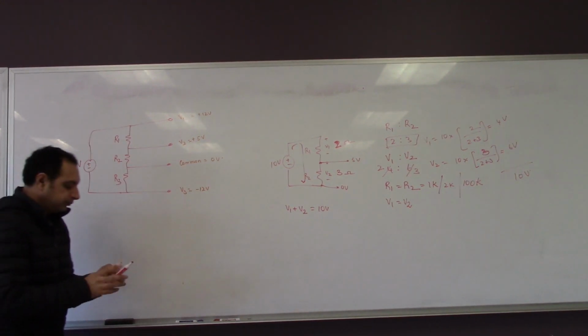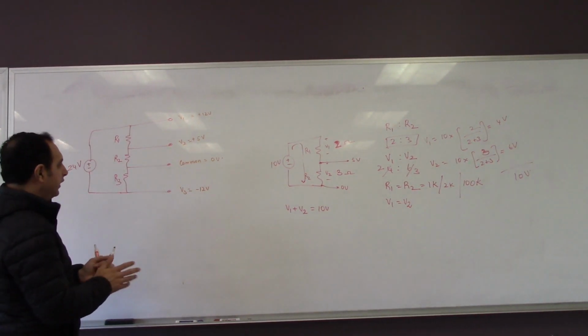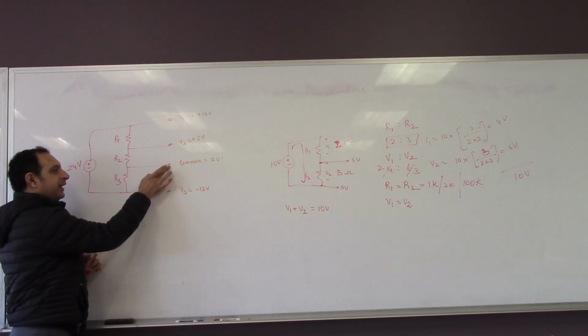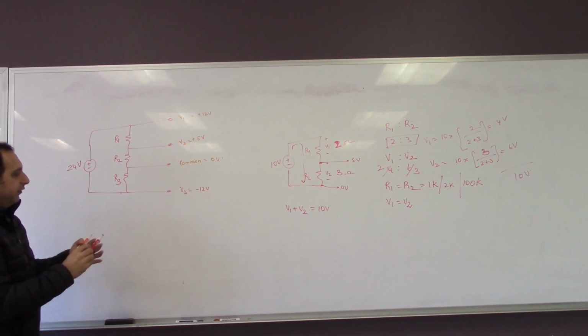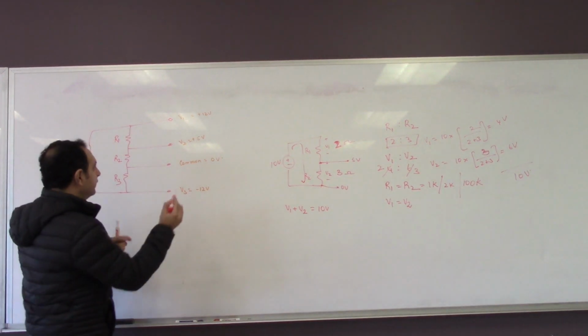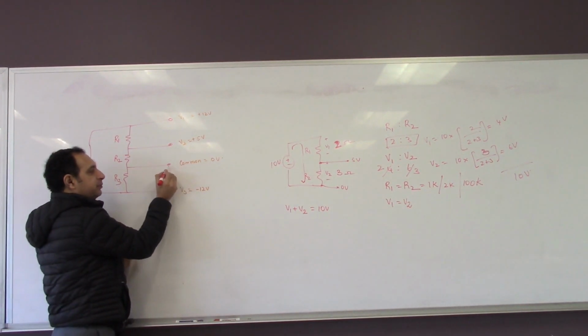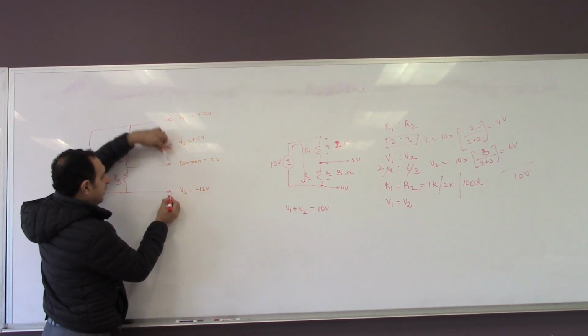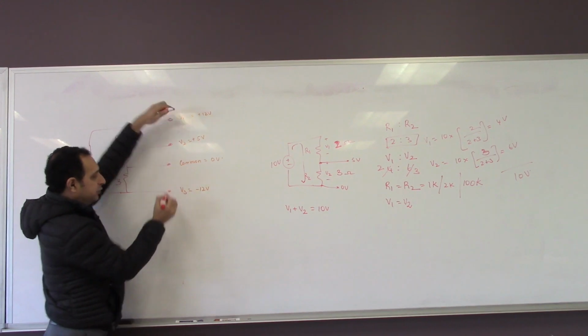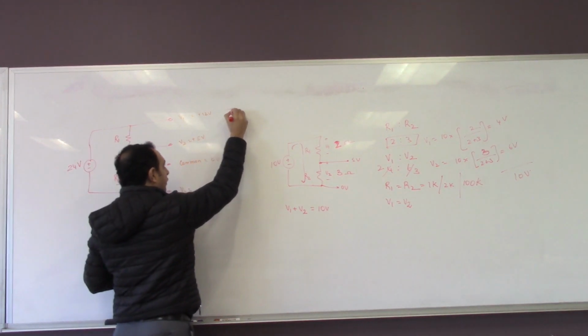Now, if you look here, the only difference is they have made this common. That means, let me show you here, every voltage here is measured with respect to the common. So if I measure here, I'm getting negative 12. If I measure here, I'm getting plus 12. But if you consider this whole range,